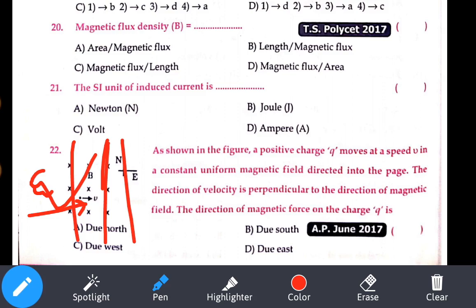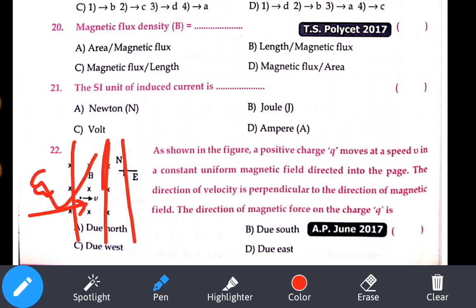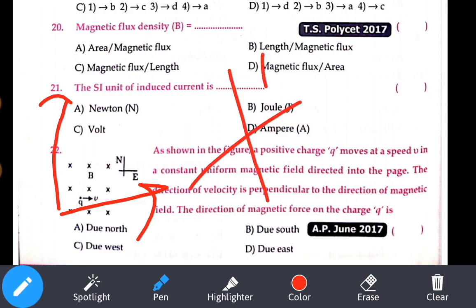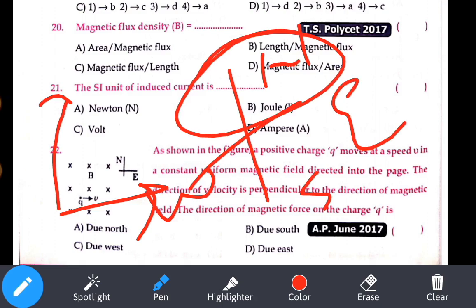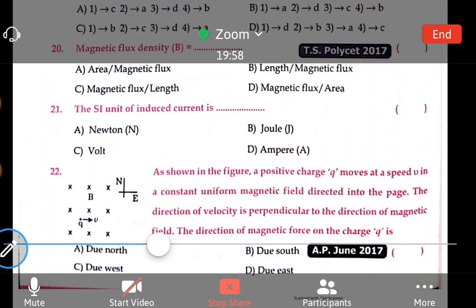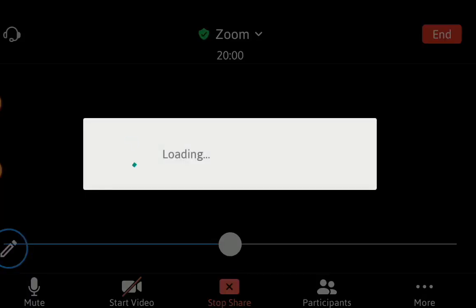Now you tell me what will be the answer. Direction of force, perpendicular direction of the magnetic field. So what will happen, they have asked. If you observe here, it is moving towards east and its field is perpendicular. So what we can observe is that the direction of the force will be upward direction. So upward direction means what? If you observe here, north, east, south, west, upward direction is our due north, towards north. Option number A is our answer. Next page.